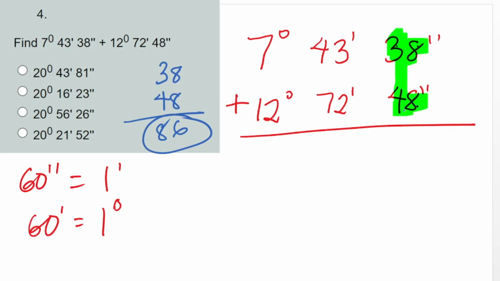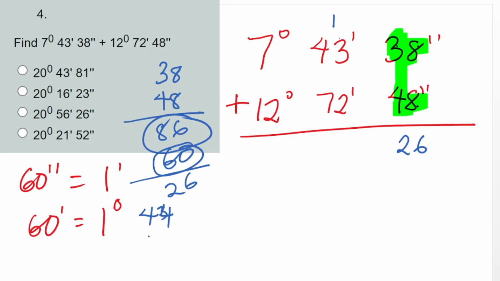So which means we have 1 minute there. So we remove the 1 minute, which is 60. This will remain what? 26. So we write 26 down. Then this 60 that we subtracted from it should become 1 here, because 60 seconds will give us 1 minute. So it is this one that we're going to add together. 1 plus 43, that's 44. Plus 72, that's going to give us